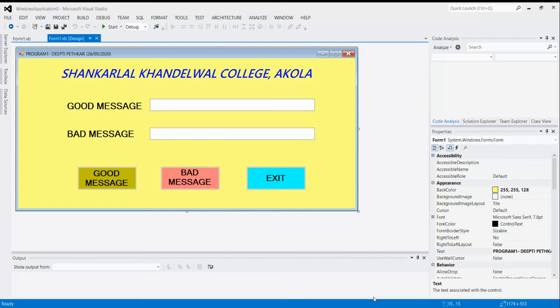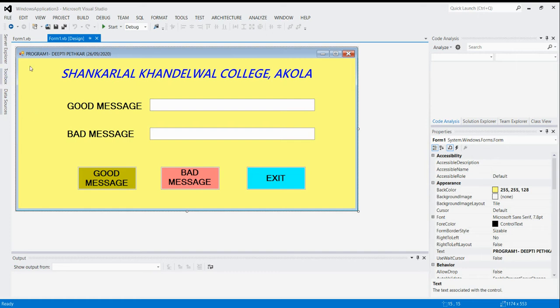Let's see one of our programs in VB.NET in which we use a label, text box control, and three command buttons. The first displays the good message in the first text box, the second displays the bad message in the second text box, and the third button is used to exit from this particular program.